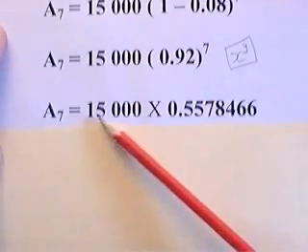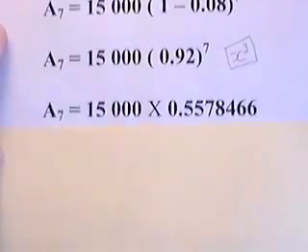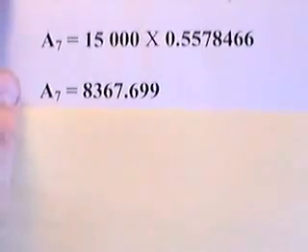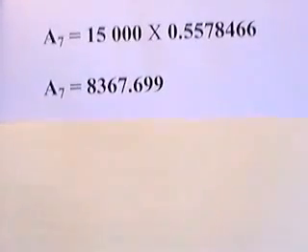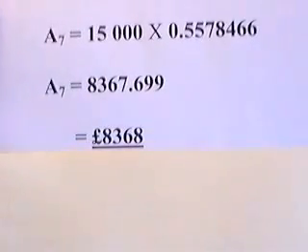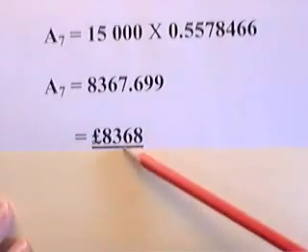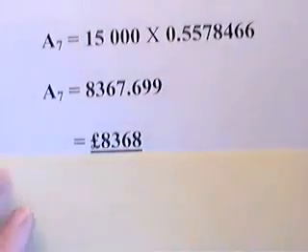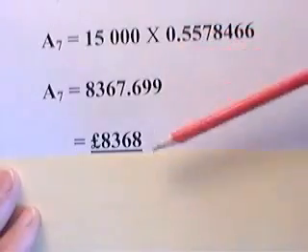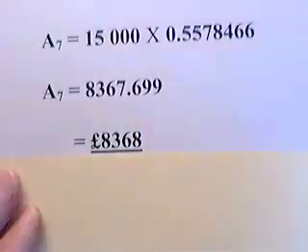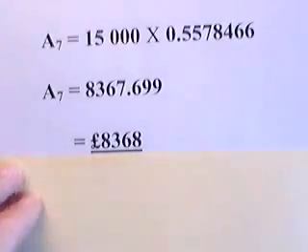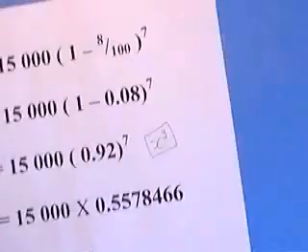That was the original cost of the brand new car, and there is your price at the end of 7 years. Okay, or to the nearest pound, £8,368. And we've done this in about 6 steps. And really, it's by far the most efficient way of doing a calculation like that. Okay, so in summary,